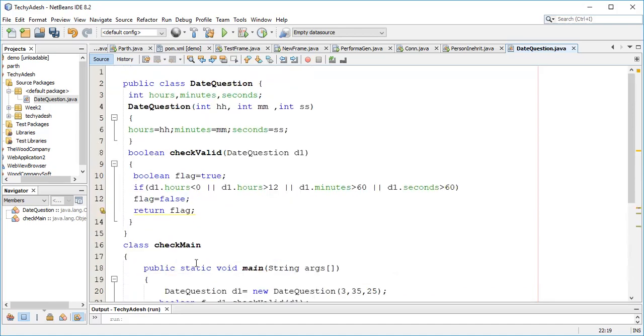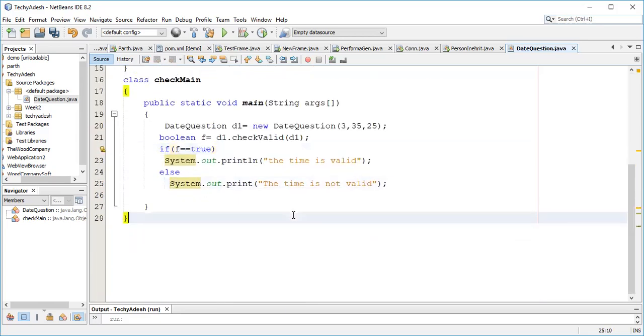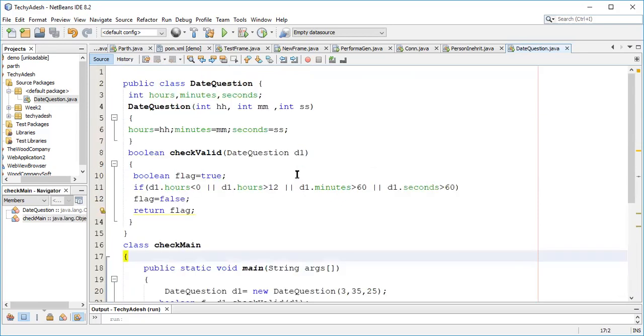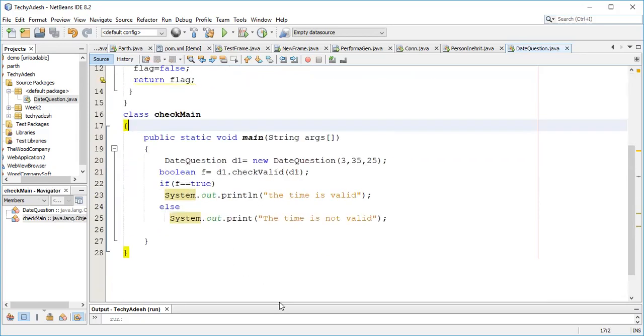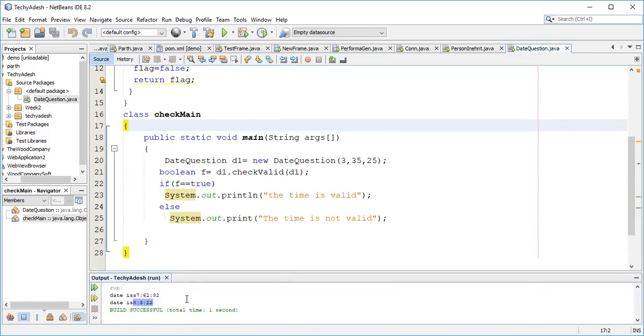How to add two time objects. That is the task. Now let me see. And even you can take the input from the user and then pass this, right? So now first of all, I'm trying to run this program, and after that we will implement how this program will add two time objects.